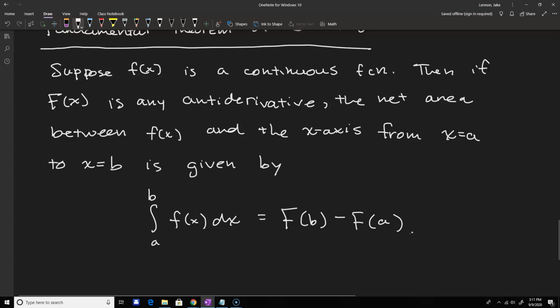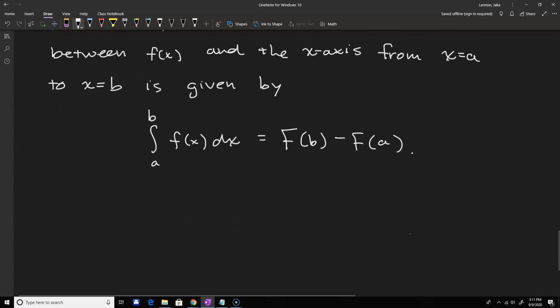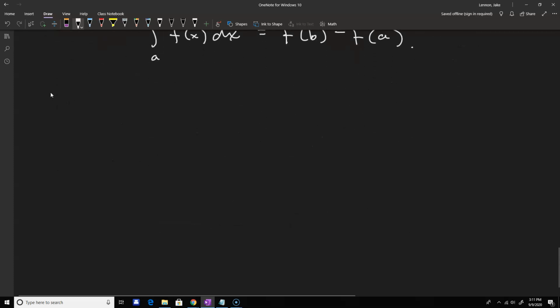So this is really giving us a concrete way to compute the exact area. When we started looking at areas below curves, we found a way to approximate them with Riemann integrals, but this tells us if we actually know how to find the antiderivative, we can find exactly what that number should be. So let's kind of compare that. So let's recall